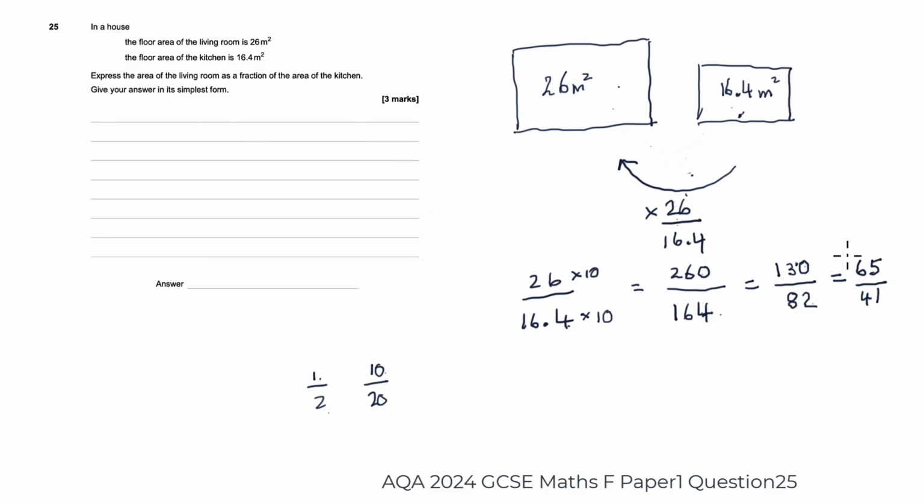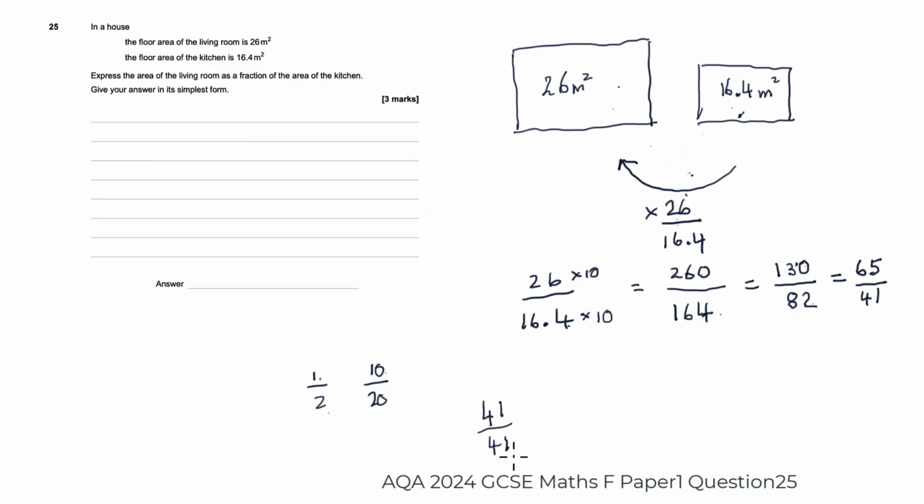Now, we've reached the end. They're both odd and they can't divide by 3 or 4. 41 is actually a prime number. It can't divide by anything else other than 1 and 41. So there's the fraction of the kitchen that the living room is, 65/41. Now, we can do better than that because we know that